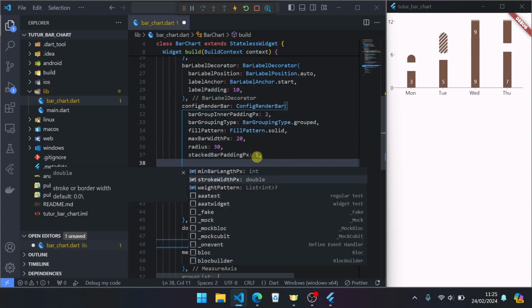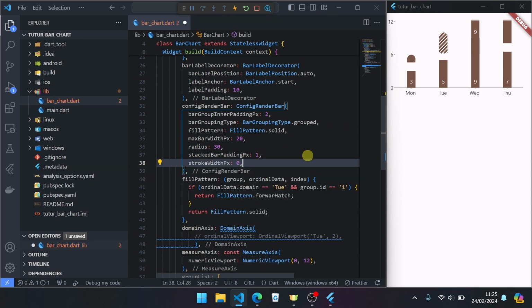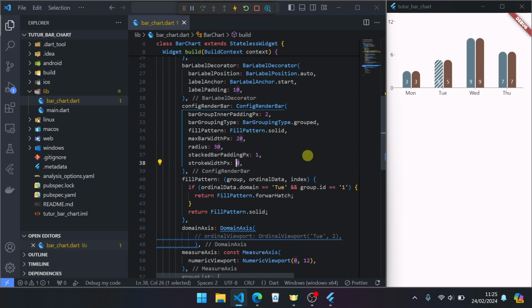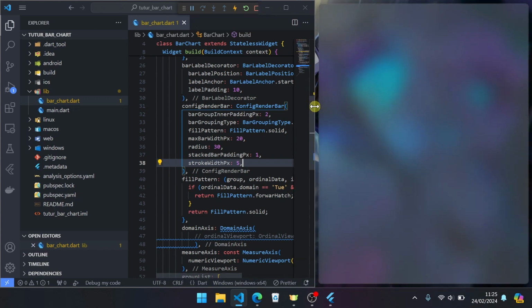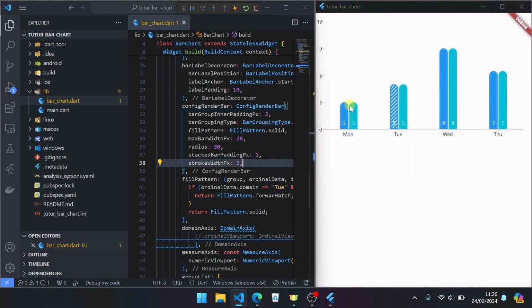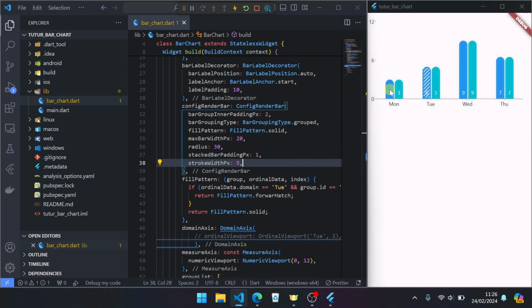True bar item border. Default is 0. If you change this to 5, for example, like this, they are border and shadow white.